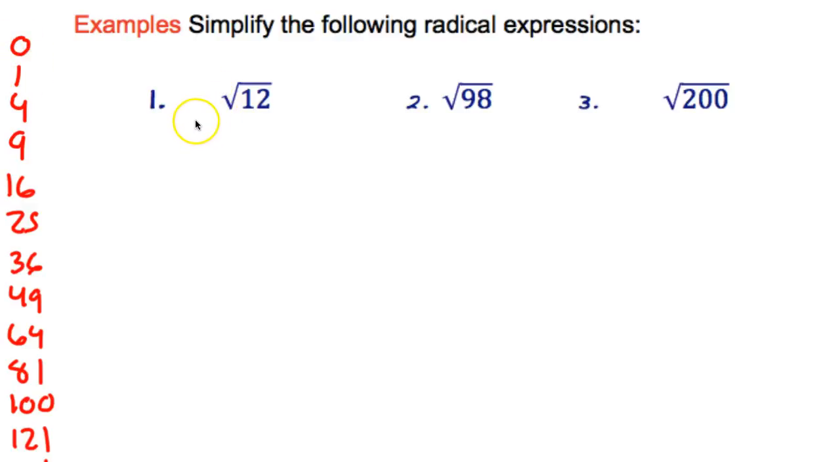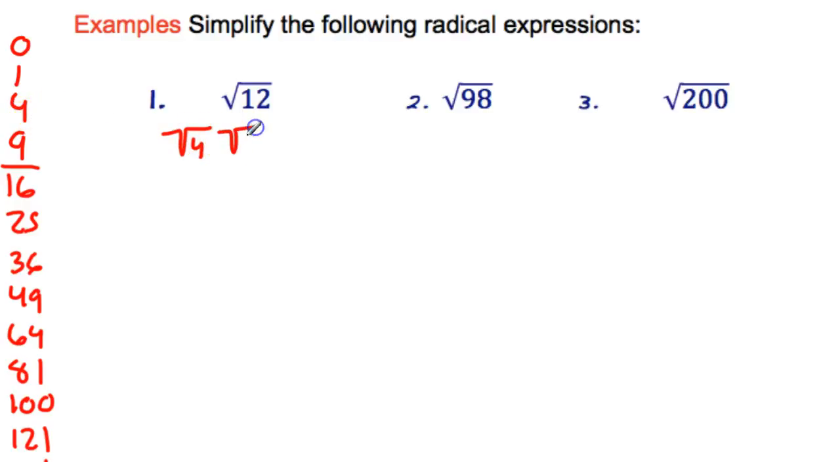So you go look over here, square root of 12. 12, that's between 9 and 16, right? So you start looking for numbers lower than 12. Is 9 a factor of 12? No, you can't divide 9 into 12. What about 4? Can 4 be divided into 12? Why, yes it can. All right, so I write square root of 4, and 4 times 3 is 12, so